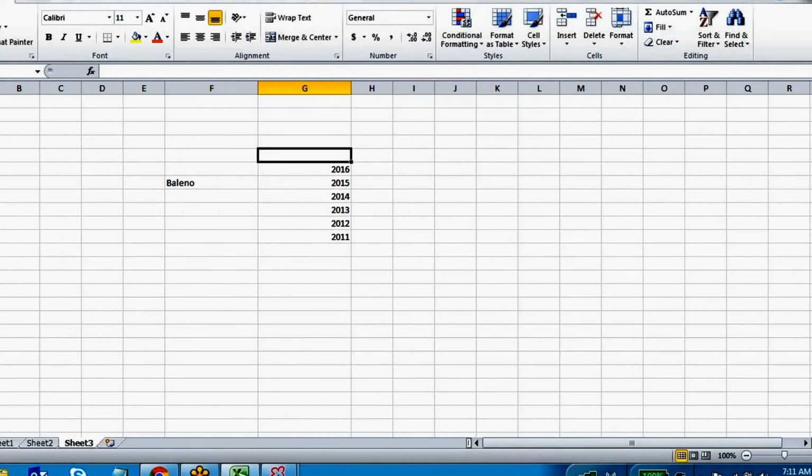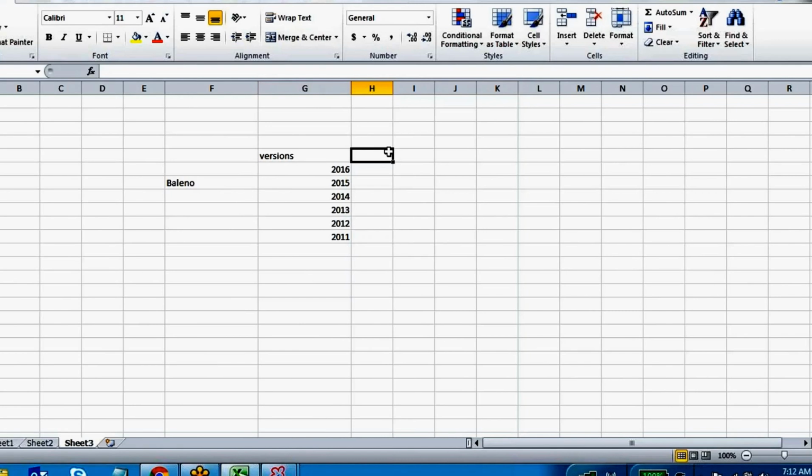Every year they are releasing a new model version. These are the different versions: 2011, 12, 13, 14, 15, 16.